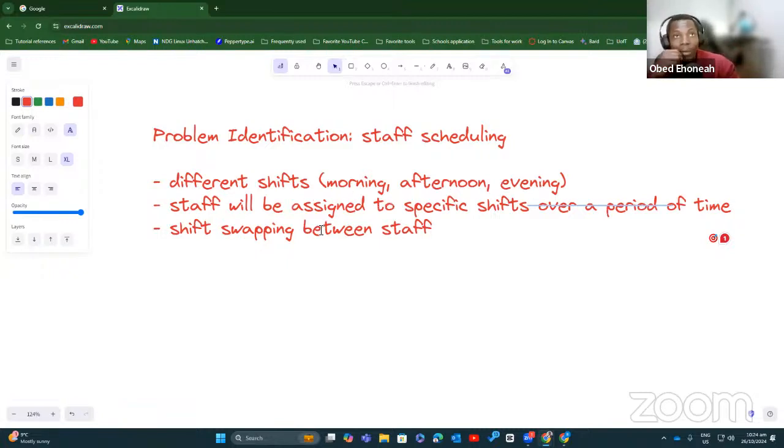So I feel we should implement it like this: if you request a shift swap, you request it directly to your colleague. Then when that person accepts it, the final decision will have to be made by your manager. The manager will have to approve it. Once they approve it, then the shift will be swapped.